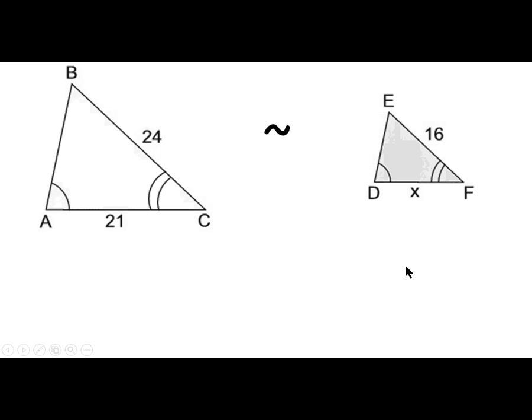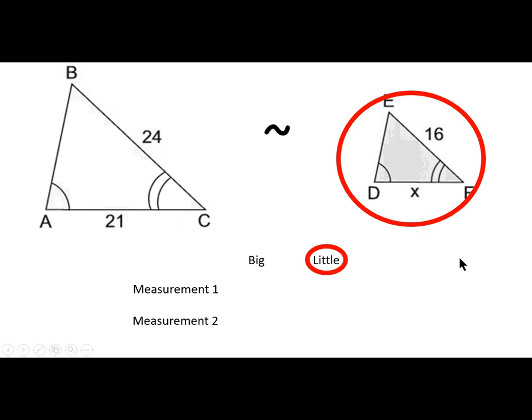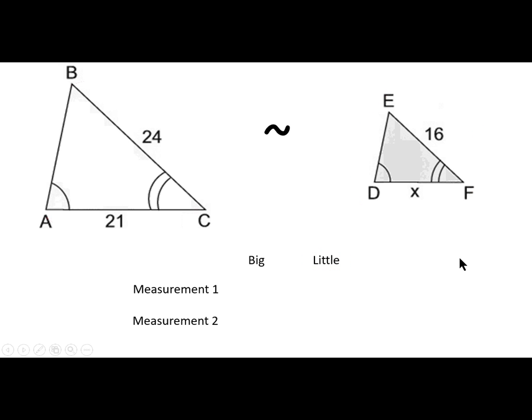We're going to basically create a little chart. Every time we're doing one of these problems, the information can be broken down this way. We have two objects, a big object and a little object. And we have two measurements. And it doesn't matter what we call measurement 1 and measurement 2. But basically, big object, little object. And what we want to call measurement 1 or measurement 2 doesn't matter as long as we get the same